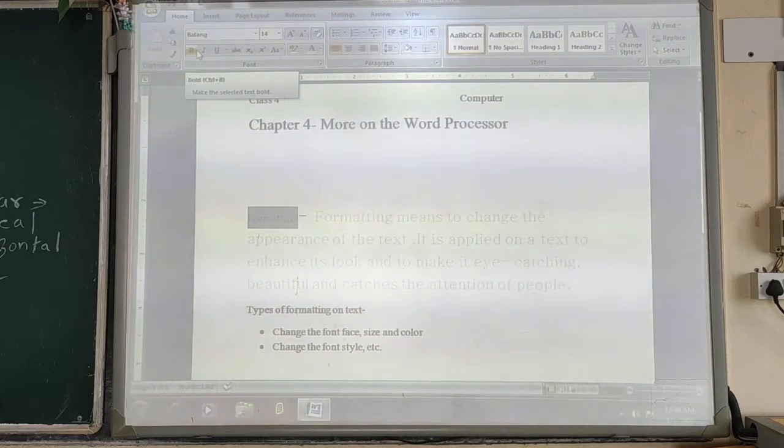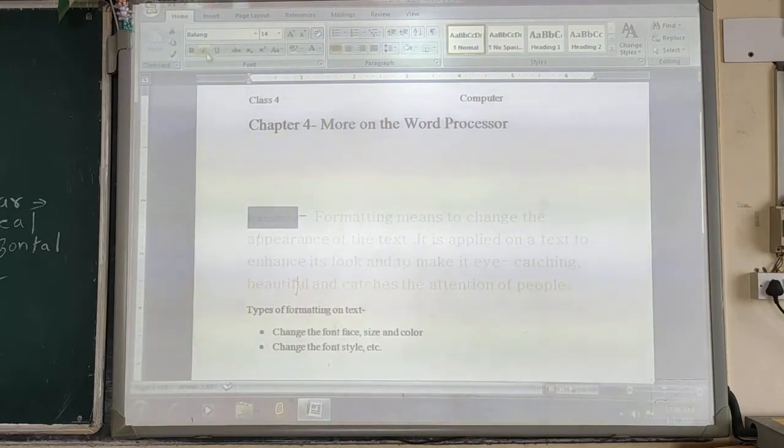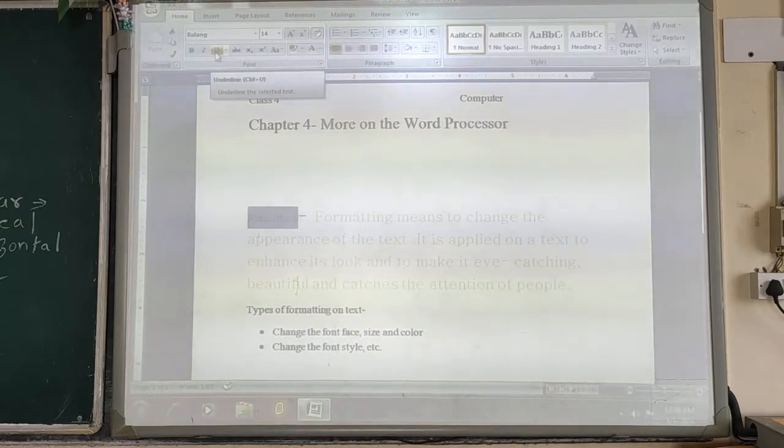It is written there B, I, and U, in capital B, capital I, and capital U. So B stands for bold, I stands for italic, and U stands for underline.